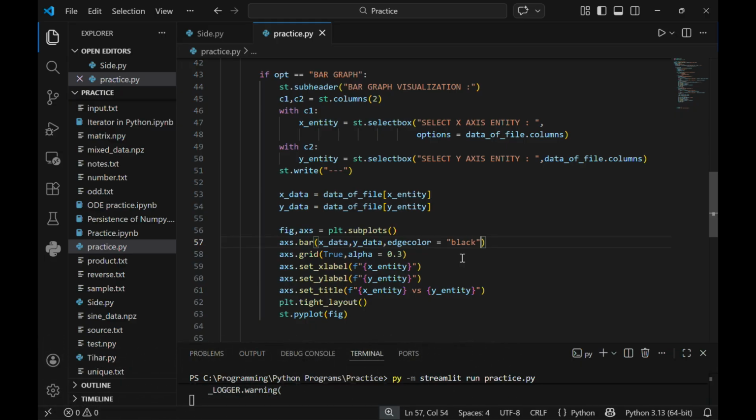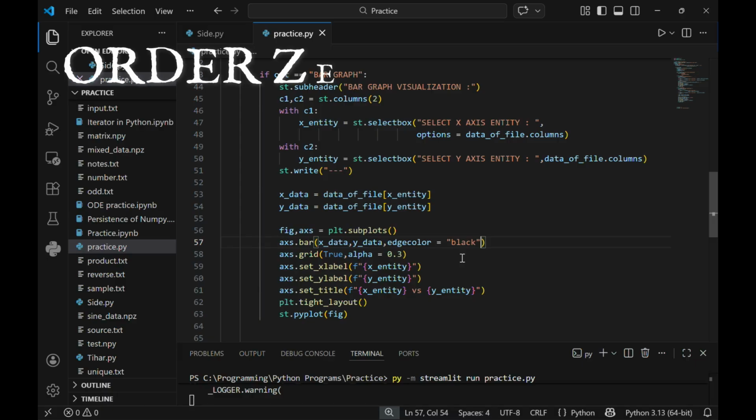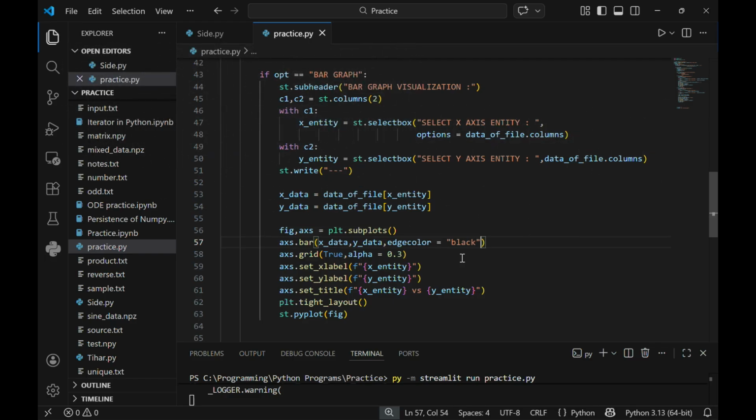After that, we have simply extracted X data and Y data by passing the X entity name in our data of file variable as shown, and the same goes for Y data. Now we have defined a figure and axis equal to plt.subplots. We have not provided any number, which means it is of order 0, that is, simply one plot. After that, the function axs.bar means that we are going to plot our bar graph. Here we have supplied our X data, Y data, and edge color, which means the bar graph edge will be